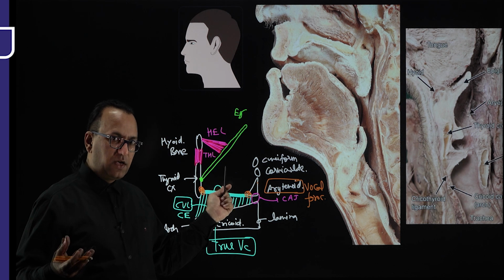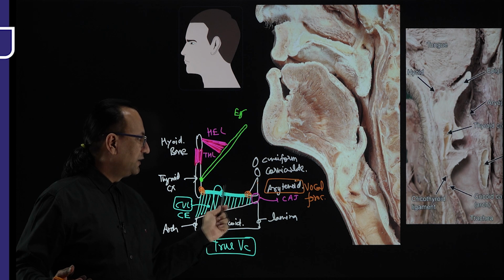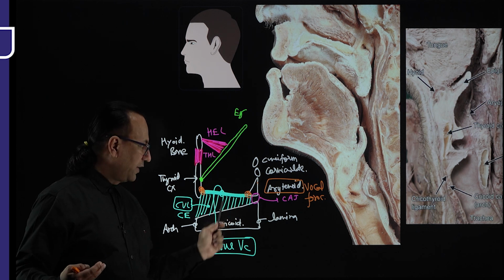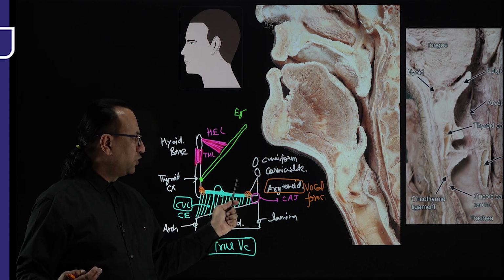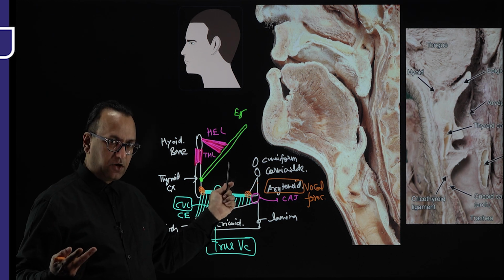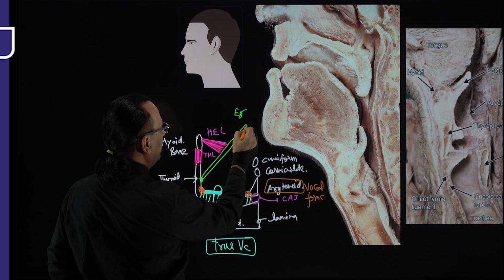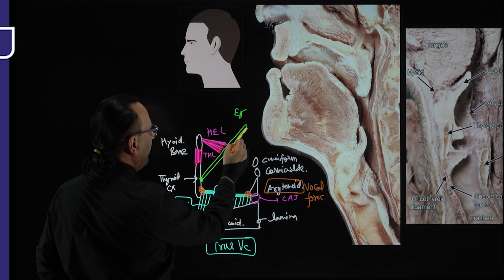Laryngeal vestibule is level 1 or the supraglottic region. Level 2 is the glottic region. Level 3 is the infraglottic region. So what about level 1, the supraglottic region or the laryngeal vestibule? Which membrane is there? It was the quadrangular membrane, and the quadrangular membrane was attaching to the lateral border of the epiglottis, and